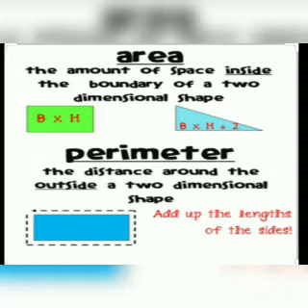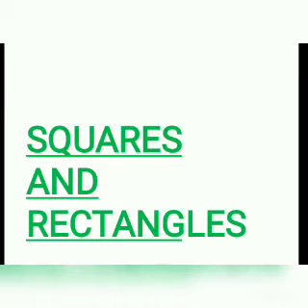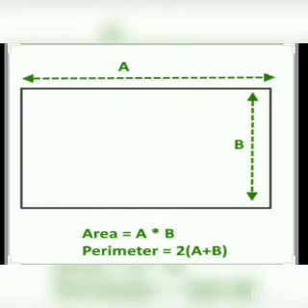So first we can discuss what is the perimeter and area of squares and rectangles. That means how can we find the area and perimeter of squares and rectangles, and we can solve some related problems. So first let me say about rectangle. You have studied what is the perimeter and area of a rectangle. You know, a rectangle is having 4 sides. What are the speciality of a rectangle? 4 sides means the opposite sides will be equal.